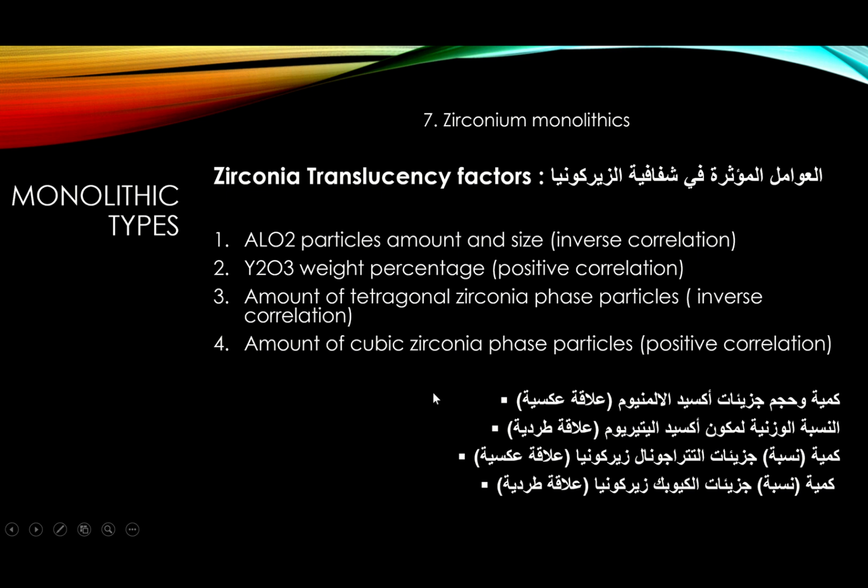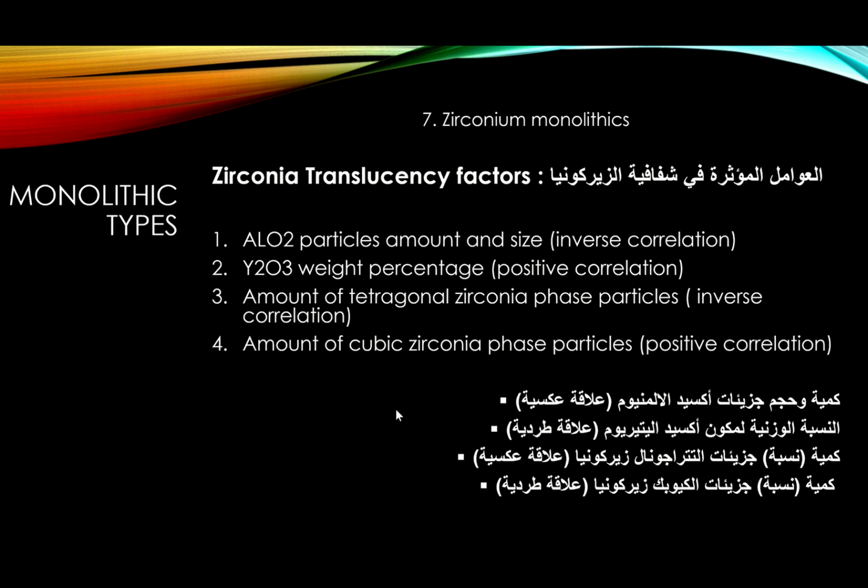So there are 2 things, cubic zirconia and yttrium oxide, that will increase the translucency of the zirconia block, and there are 2 things that will decrease translucency, which are the addition of aluminum oxide, both the size and the amount, and the amount of tetragonal zirconia. The more tetragonal zirconia, the more it will decrease the translucency. So those are the 4 factors. All right,